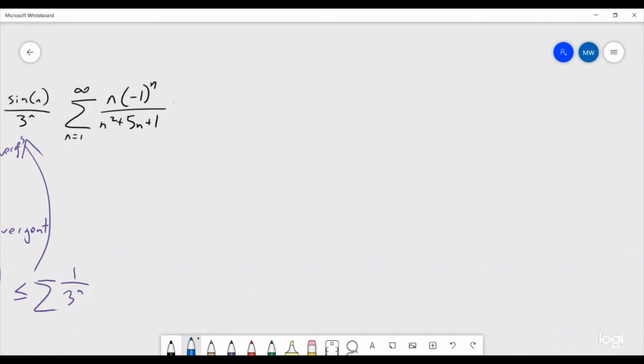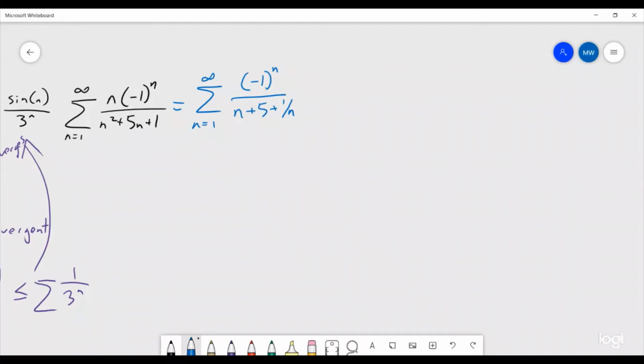So this series is equal to the sum from n equals 1 to infinity of negative 1 to the n over n plus 5 plus 1 over n. So multiplying the top and bottom by 1 over n, that's going to give us this. And now what we can do is we can say, well, we can